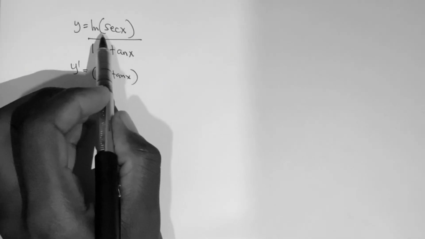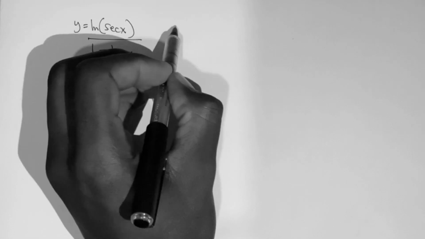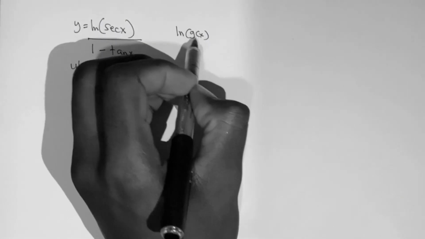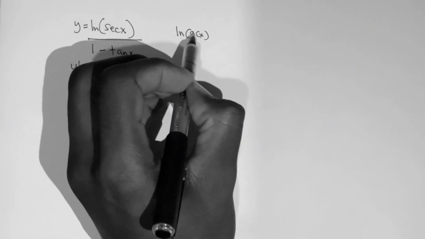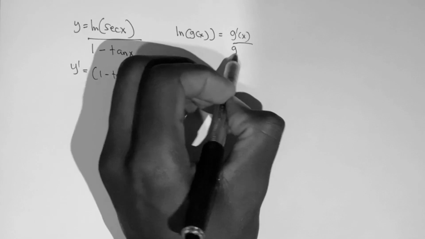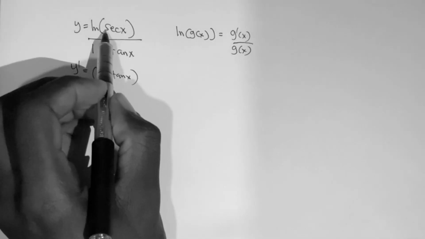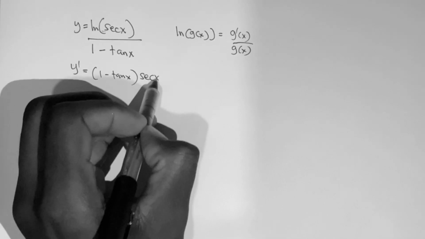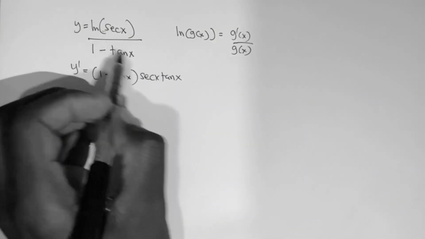In differentiating the numerator, we need to first differentiate what is inside the ln. Remember that the derivative of ln g of x is equal to g prime of x over g of x. So if you differentiate sec x, you are going to get sec x tan x divided by sec x,